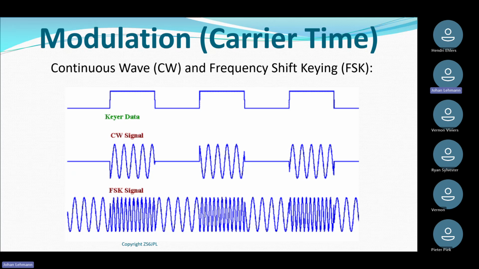So let's say I take an example. I'm transmitting at 10 megahertz. So for a short period of time, I transmit 10 megahertz, and then I jump to 11 megahertz, and then I jump back to 10 megahertz. So I only transmit one frequency at a time, but I jump between them. And that's normally in correlation with digital data that is coming from a computer that I do that.